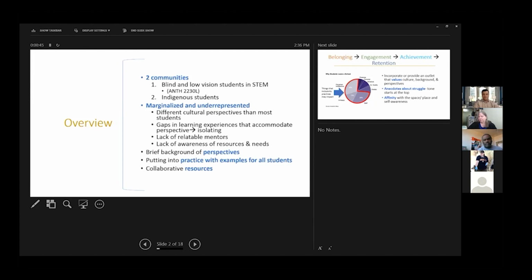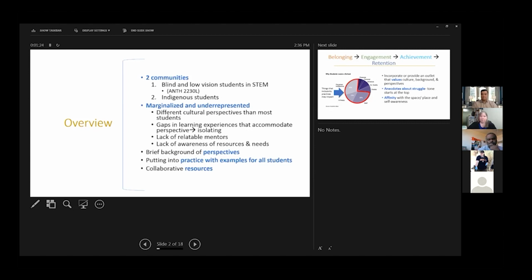And the second community is that of Indigenous students. There are similarities between these 2 communities and many that we might want to have inclusion for. And those really fall into the spectrum of these are marginalized and generally underrepresented students. They come from cultural backgrounds that are different and perspectives that are different from a lot of students in the classroom, and that through their education, there have been gaps in their learning experiences that don't necessarily accommodate them coming into